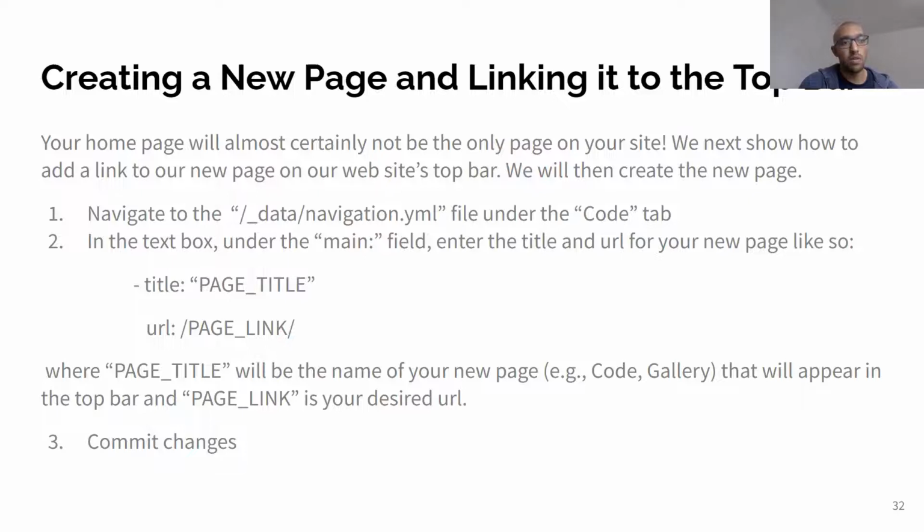Okay, so we've edited the homepage, but in almost all cases, your homepage will not be the only page on your site. So we'll show you how to add a new page and how to link it to the top of the site, the website's top bar. So first we will create a link at the top bar. To do that, we go to the